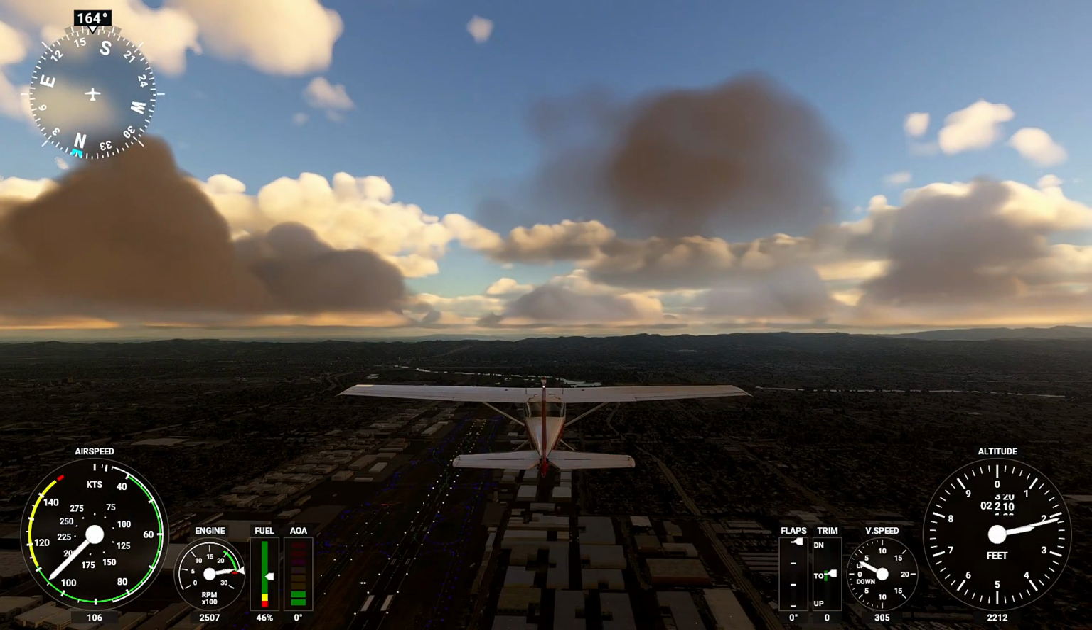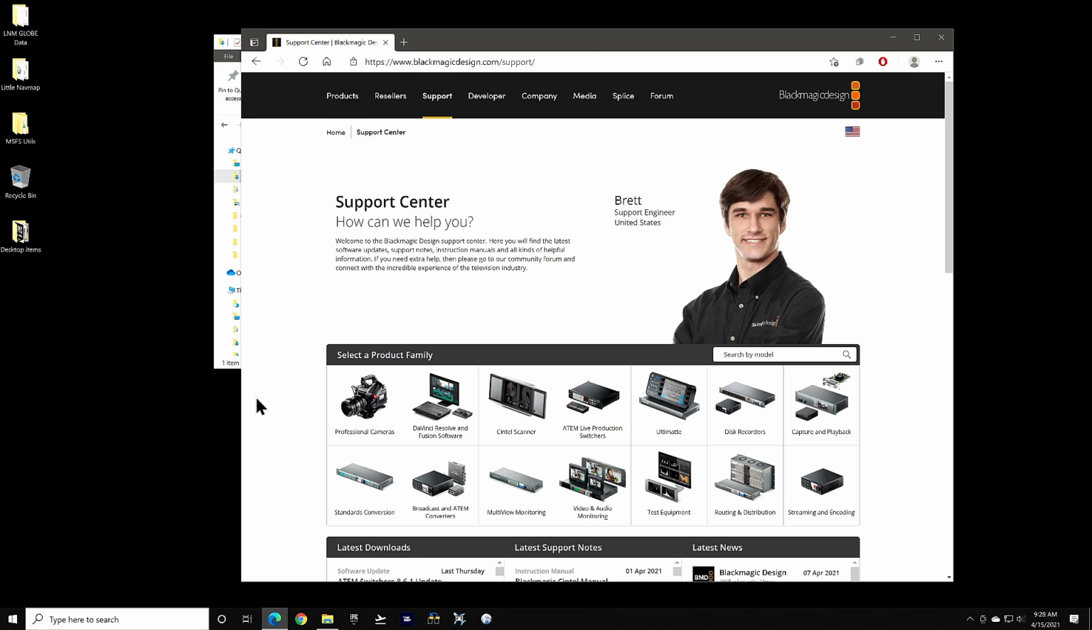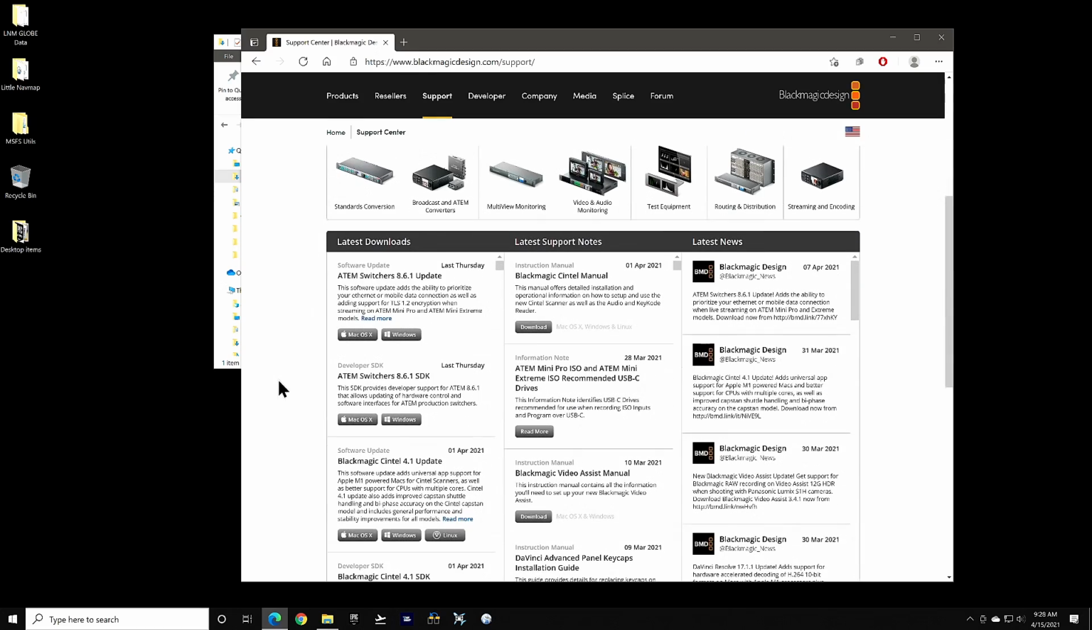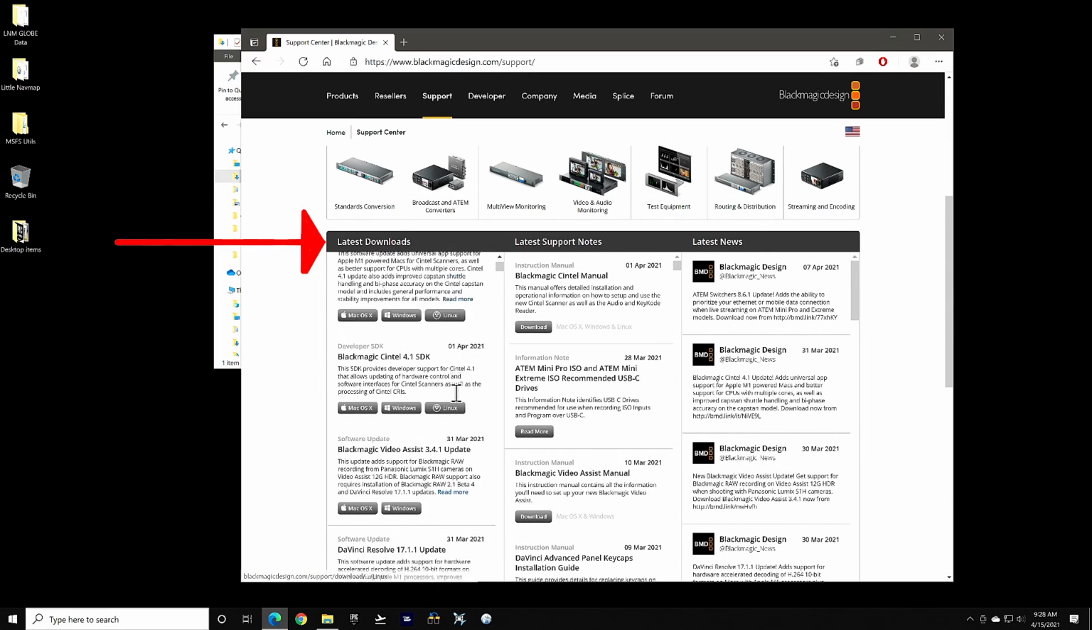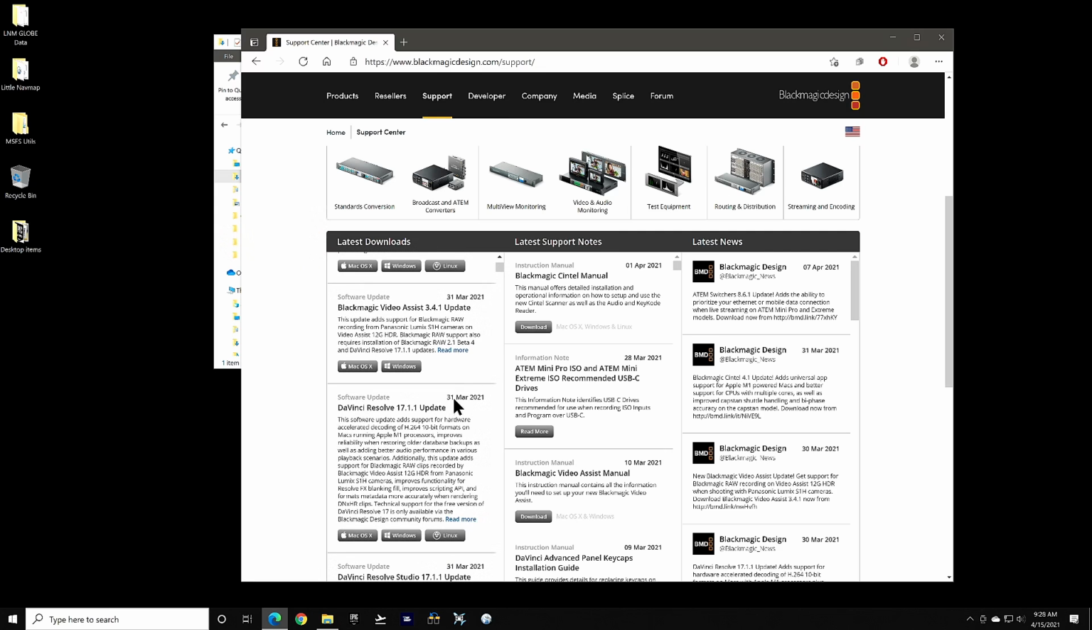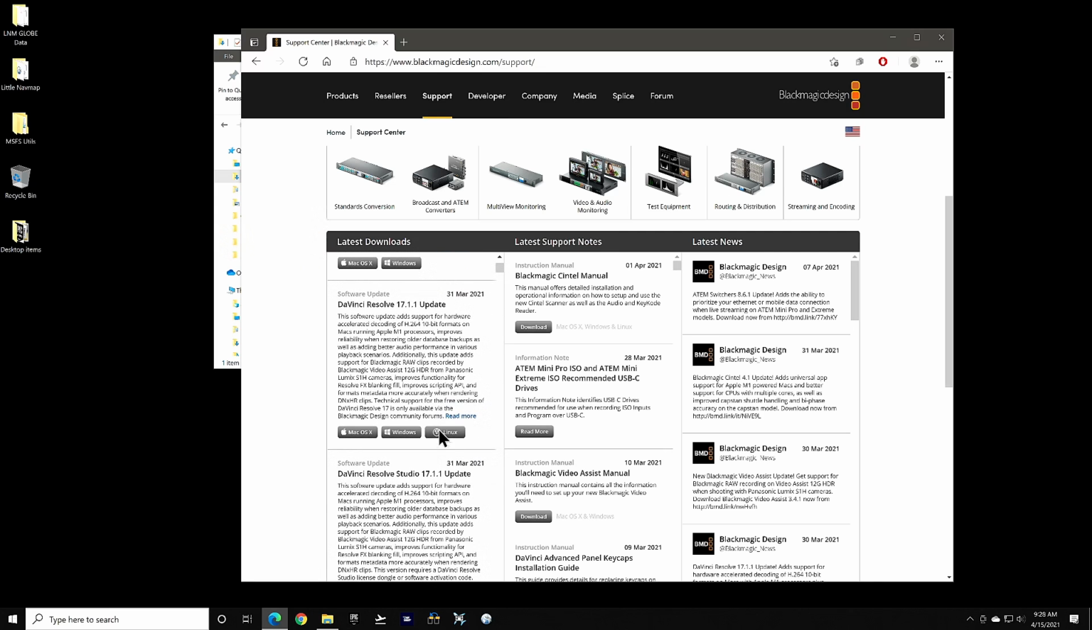Using the link in the description will take you to the support page over at Blackmagic Design. In this latest downloads section, you can scroll this list if you don't see a link for Resolve already listed. At the time of creating this video, we will use version 17.1.1, but that version may differ for you if you're watching this at a later date. Once you see the section for DaVinci Resolve 17.1.1 update like this, click on the Windows link to start the